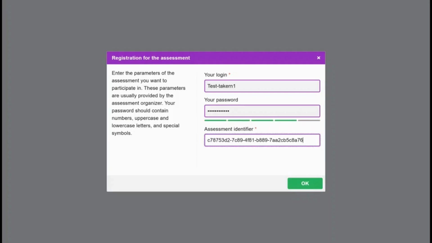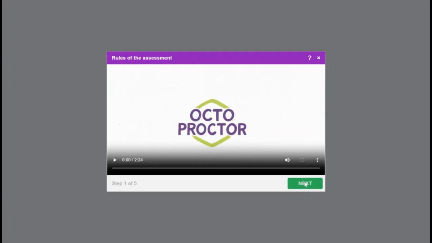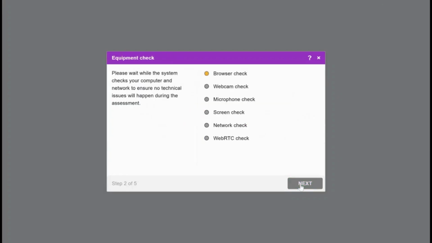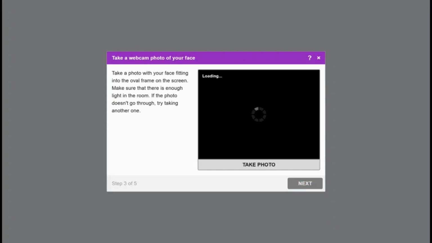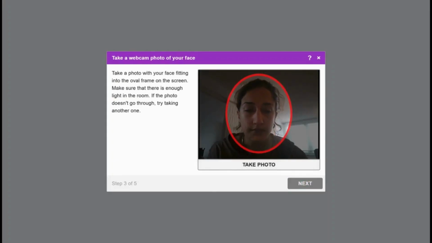After they do so, they will go through the equipment and identity verification checks. They see the rules of the assessment as a video, and to proceed, they would have to click Next. They pass through the equipment checks for the browser, webcam, microphone, screen sharing, network, and WebRTC check. Then they would have to verify themselves by taking a photo of the face, as well as their identity documents